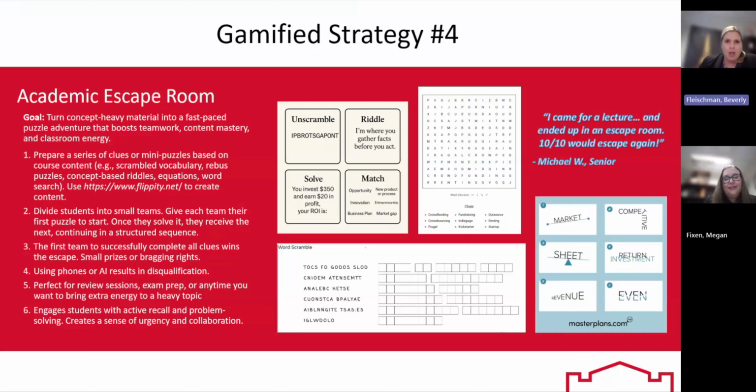Flippity.net, and yes, .net, is a terrific resource to create these puzzles. It has a really easy user interface, and it's a simple program to use. You just plug in your terms, and it creates the puzzles in a PDF format.